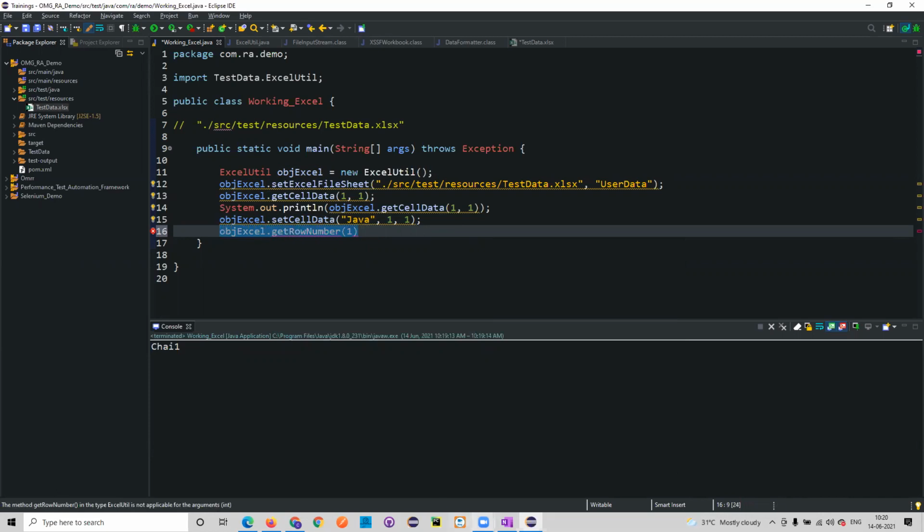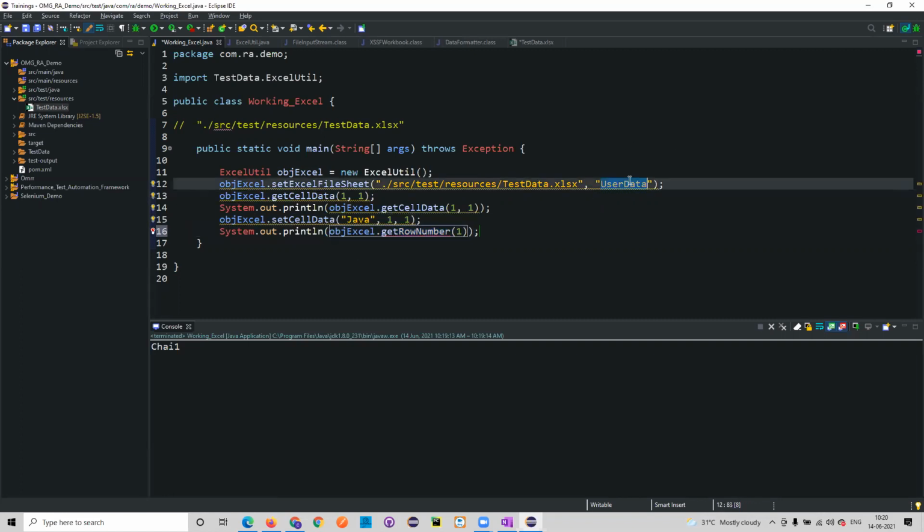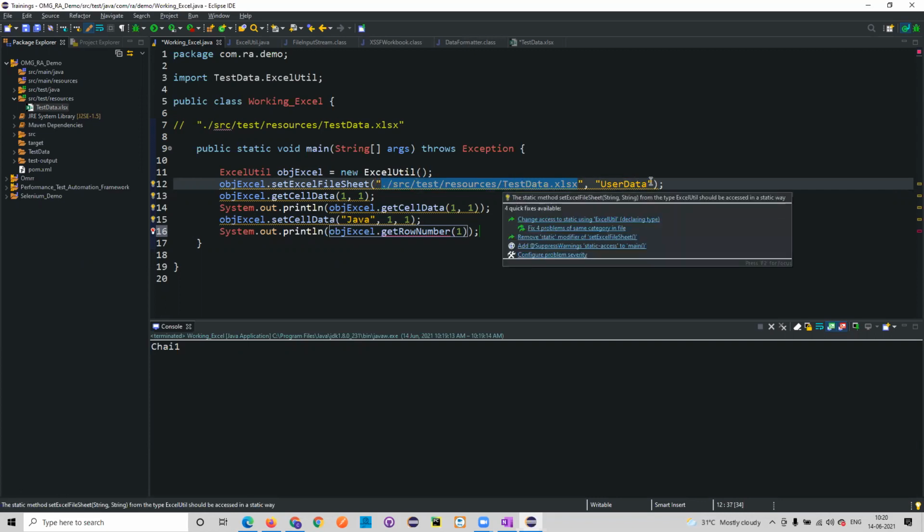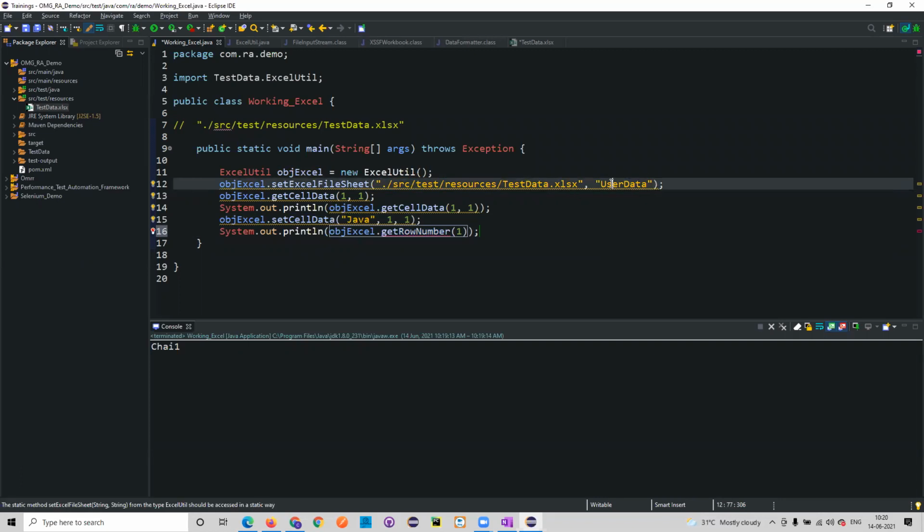Chris, I have one question. Yes, please. This is for a single sheet, right? Will the script fetch multiple sheets within the framework setup? Yes, it is the same. I told you, whatever sheet name you want to use, you give the sheet name over here, and whatever Excel book you want, you give it over here. If you have 10 sheets in the same workbook, you can change the sheet name and access that.